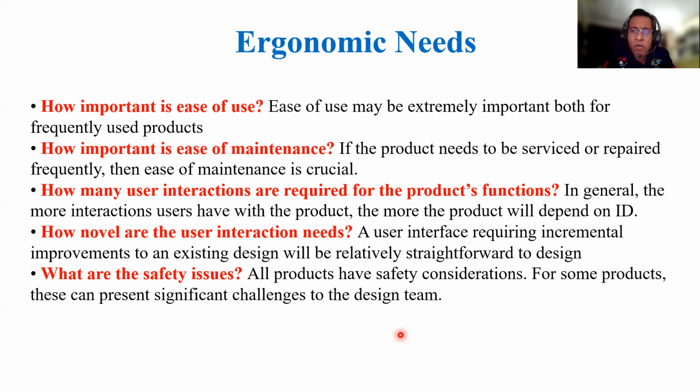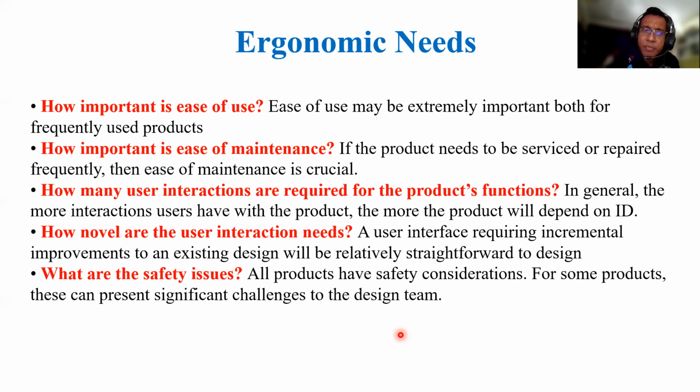Another example is a laptop. A laptop computer may require a dozen user interactions, all of which the industrial designer must understand in depth: the user requirements, the user needs, how they use it. So each interaction may require a different design approach and need additional research and design on this particular part.